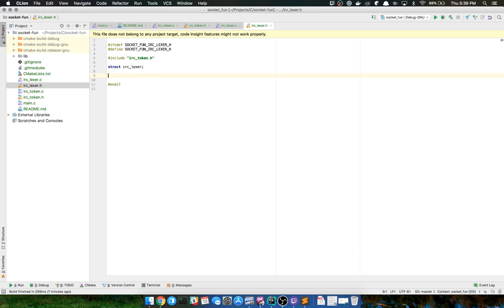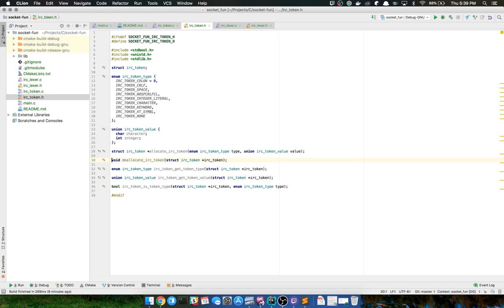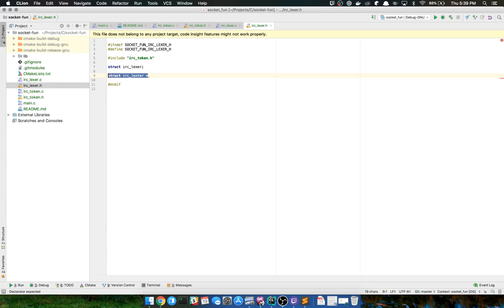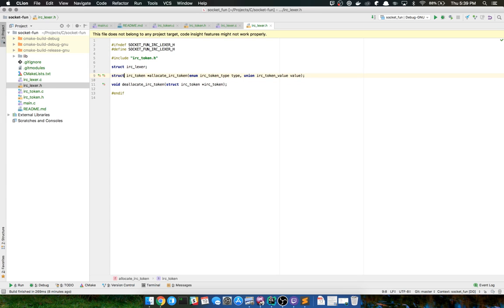Do a forward declaration there. Then we're going to do struct IRC lexer pointer. What was my naming convention that I did for the token? I'm just going to copy at least two of these functions so I can reestablish that naming convention there.